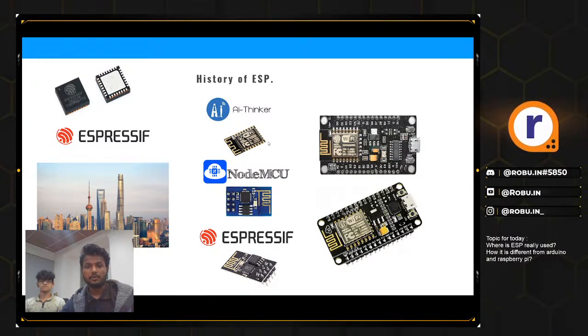Like you can see on the upper hand we have the AI thinker and in the middle we have the node MCU. तो AI thinker ने इन चिप्स को लिया और इसके छोटे छोटे ऐसे मॉड्यूल्स बनाए. तो ये मॉड्यूल्स हर जगह ऑपरेट हो सकते थे, लाइक इन इंडस्ट्री, इन प्रोजेक्ट मेकिंग. तो अगर आप कोई भी ESP 8266 लाइक मॉड्यूल अभी ले रहे हो, तो यू माइट रिमेंबर दीज लोगो